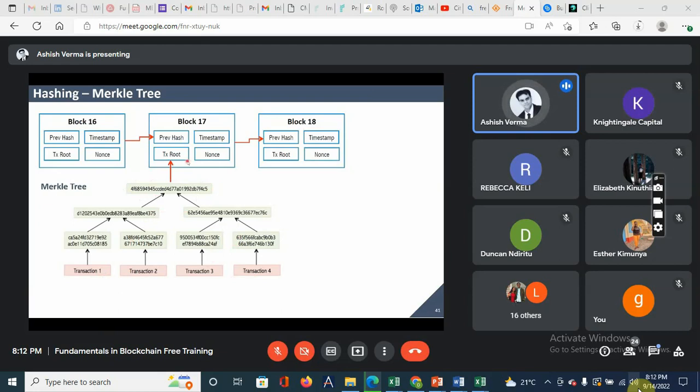So whatever hash we see is not for an individual transaction, but a master hash or a Merkle root which is put into the block header. Here, for example, we are showing only 1, 2, and 3 steps. But in actual practice, for a particular Bitcoin block, there can be thousands of steps where this kind of hash will be calculated. So with this approach, this becomes a very powerful concept.